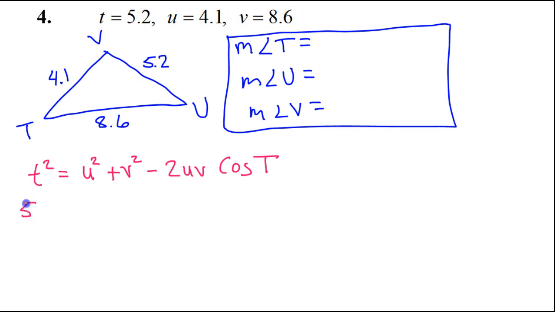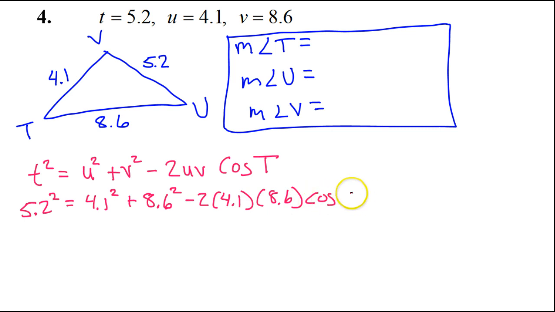So I've got 5.2 squared is equal to 4.1 squared plus 8.6 squared minus 2 times 4.1 times 8.6 cosine